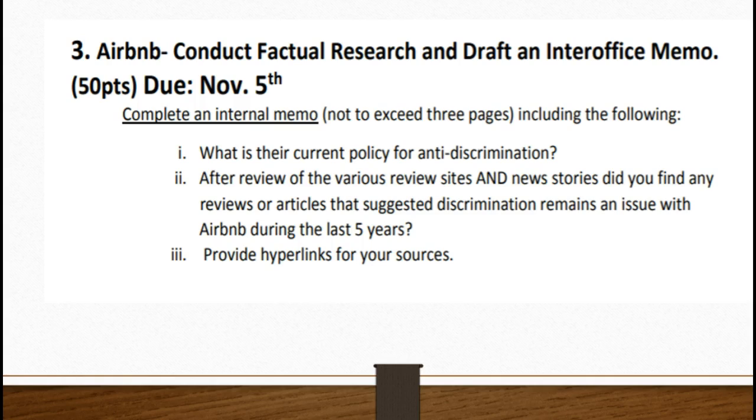So I hope that highlights and explains what you're working on this week. Again, the primary goal here, the spirit of this assignment, is to have students appreciate using the internet at large for gathering information that's relevant to clients and what we do in the law office to represent some of our clients. And then sharing this information with the office. And in the office, we would begin to pull this together and sort of build a database of information about our clients. So that's what you're doing for this week.